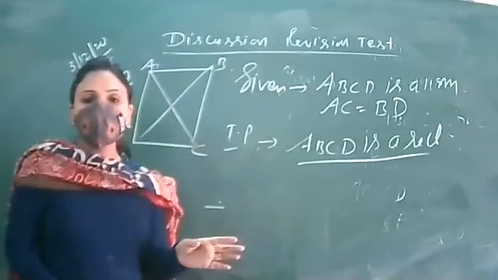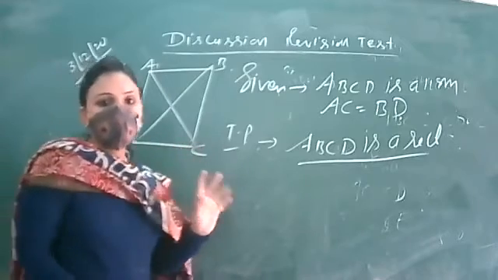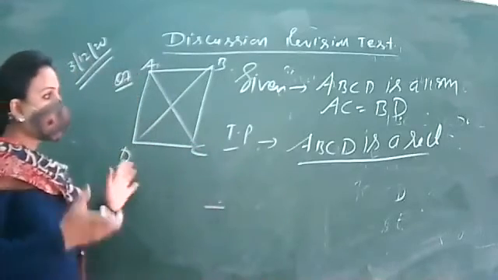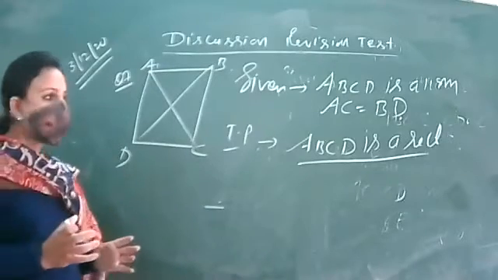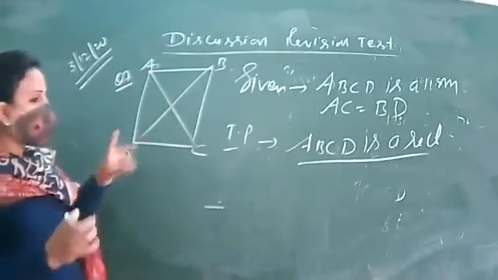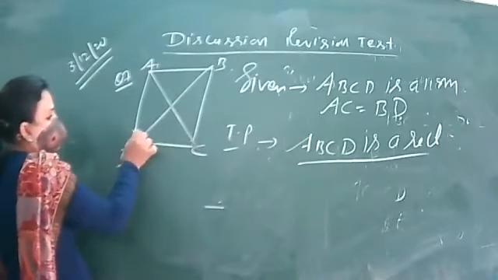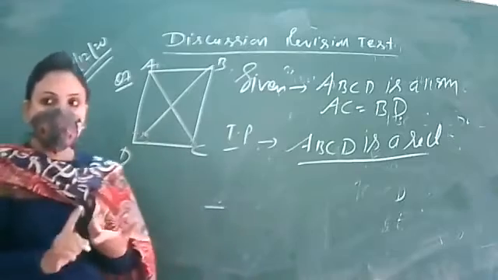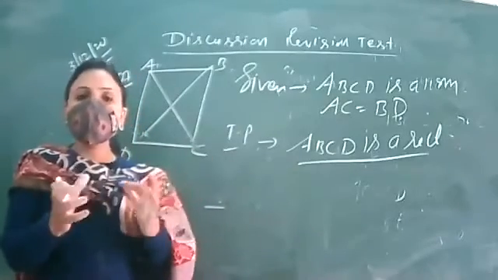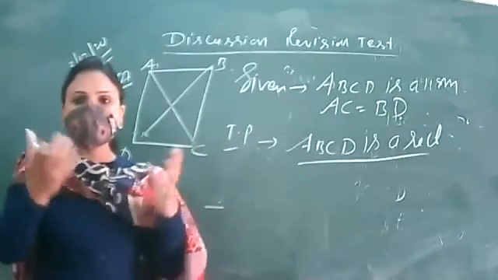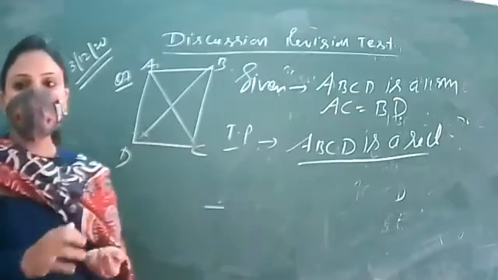So how is it proved that ABCD is a rectangle? Parallelogram, diagonals equal. To prove it to be a rectangle, at least one angle should be 90 degrees. Any one angle of it should be 90 degrees. So out of ABCD, one angle should be 90. Suppose my target is to prove angle D to be 90, right? Earlier I have told you that whenever you need to prove one angle to be 90 degrees, you have to get the relation of that angle with some adjacent angle. So let me take the relation of D with C. What is the relation between D and C?